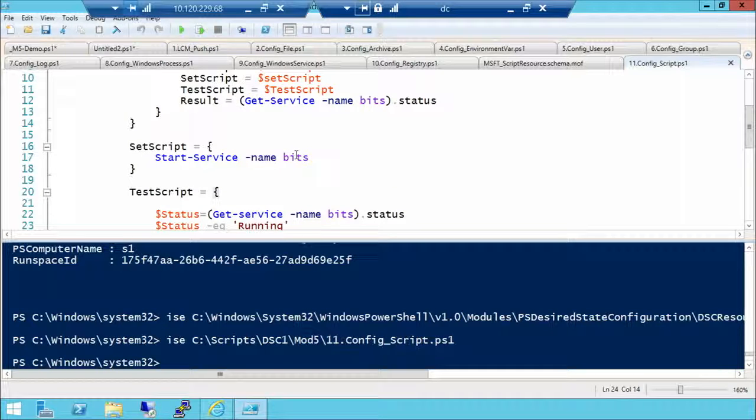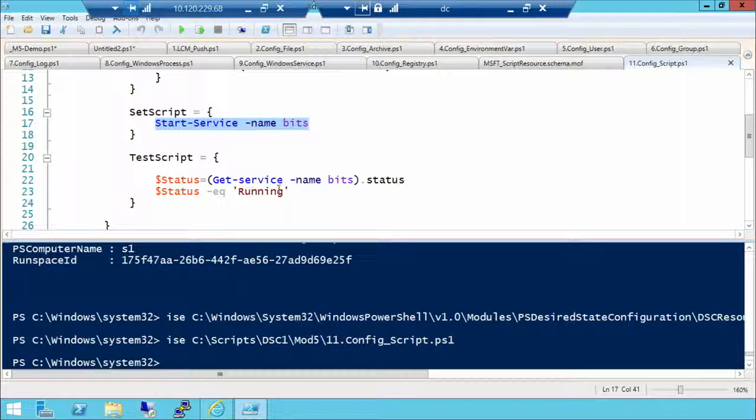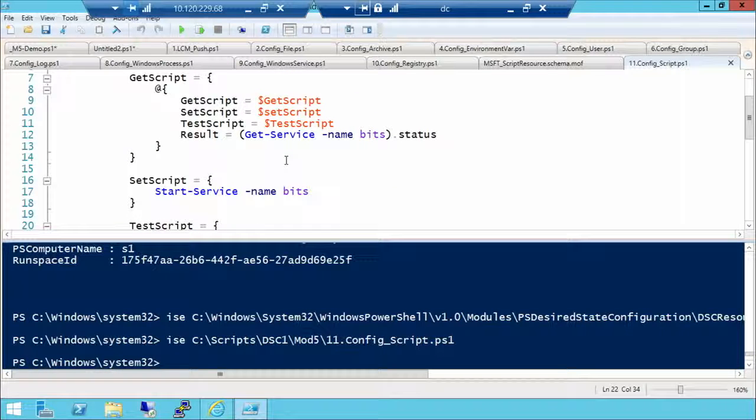This is where, when a false is returned, we're going to do the set portion of the script. Notice I'm going to start the service. So I'm correcting that situation. So the next time that runs, the set should say running. Shouldn't need to go back to the set again. Test didn't work. And if I want to check on what the current state of everything is,